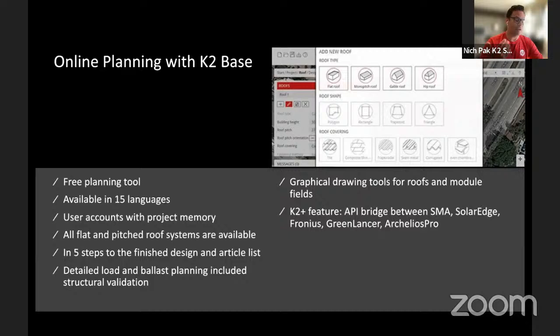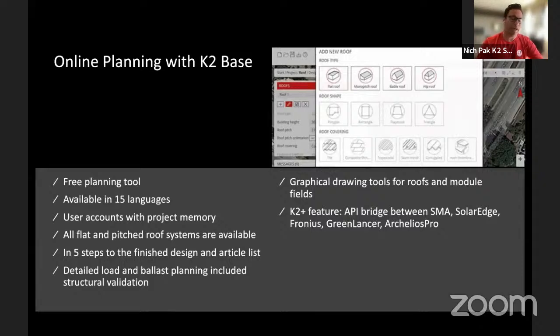You actually have an interface that is very dashboard friendly, where you can see the progress of your projects and you can organize your systems. This is important if you're using a CRM or any kind of customer relationship management software, so you can track the success of your projects, how much time is being spent in the design stages of your projects, and other services that you might want to apply to supporting your customers out there. So this is great if you're an installer. This is great if you're an EPC and you are bidding on multiple projects out there across North America. I'm only familiar with my North American market, but if you are an EPC,